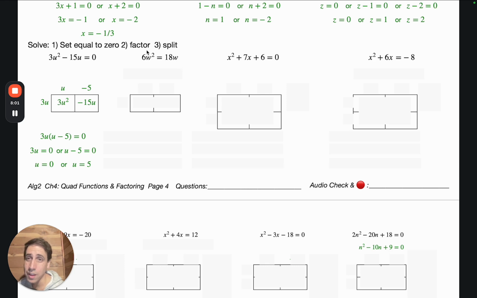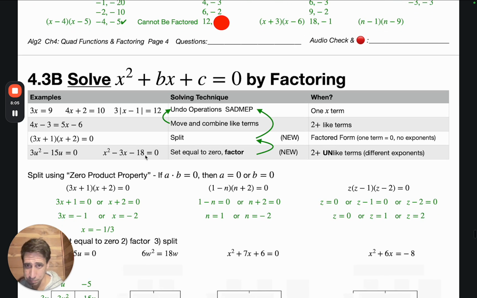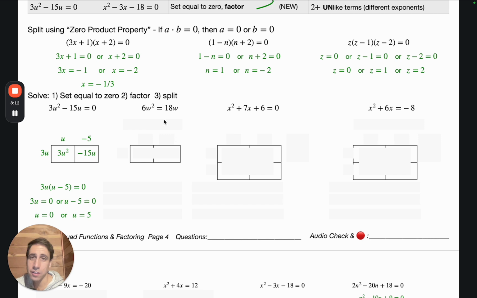So in the end, what we have to do is recognize that we're in this bottom situation. We have two plus unlike terms that have different exponents. And so I'm going to set things equal to 0. Let's subtract 18w, but they're not like terms, so they don't combine. So you have to write them over here, and now that it's equal to 0, we're in a good place